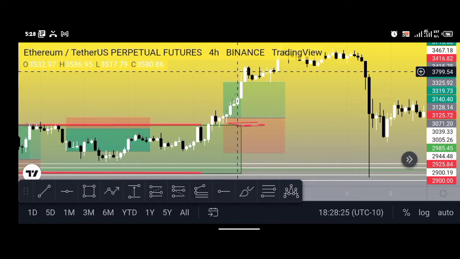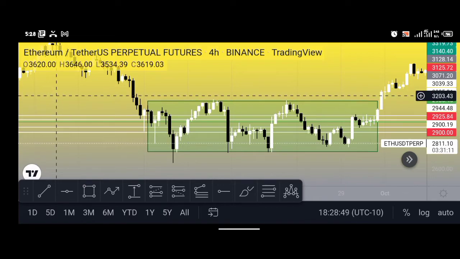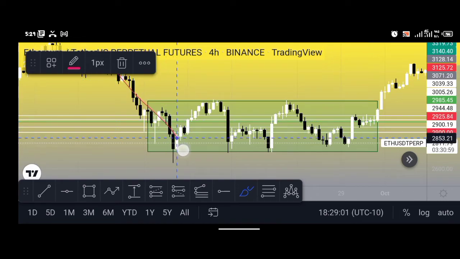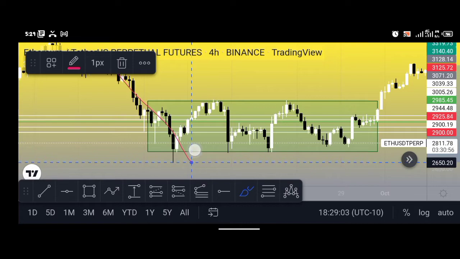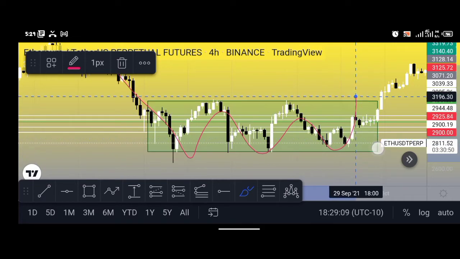It's not working like that. So I'm going to show you another example of that. This is another example of the ranging market. This is where it fails, because from the downtrend, it entered inside the zone and kept on ranging, instead of moving the way down,